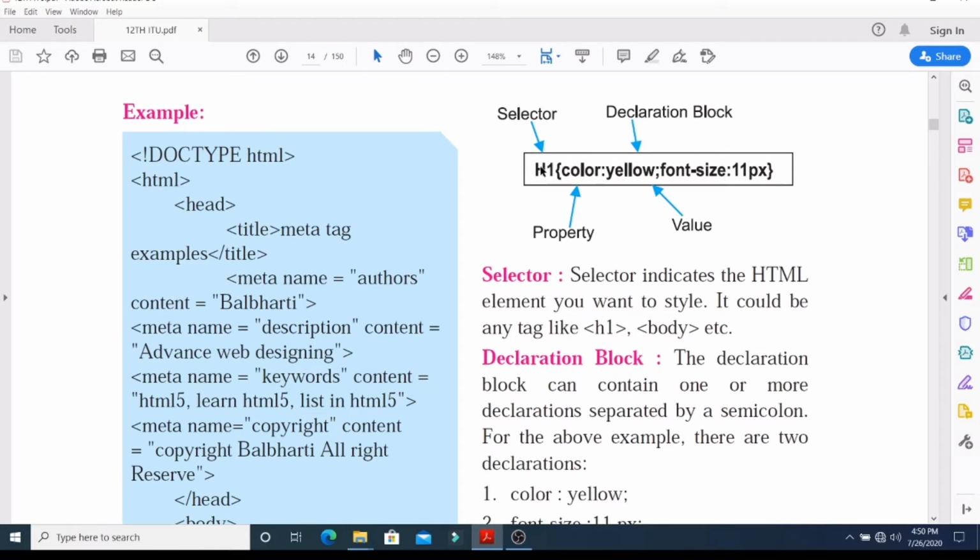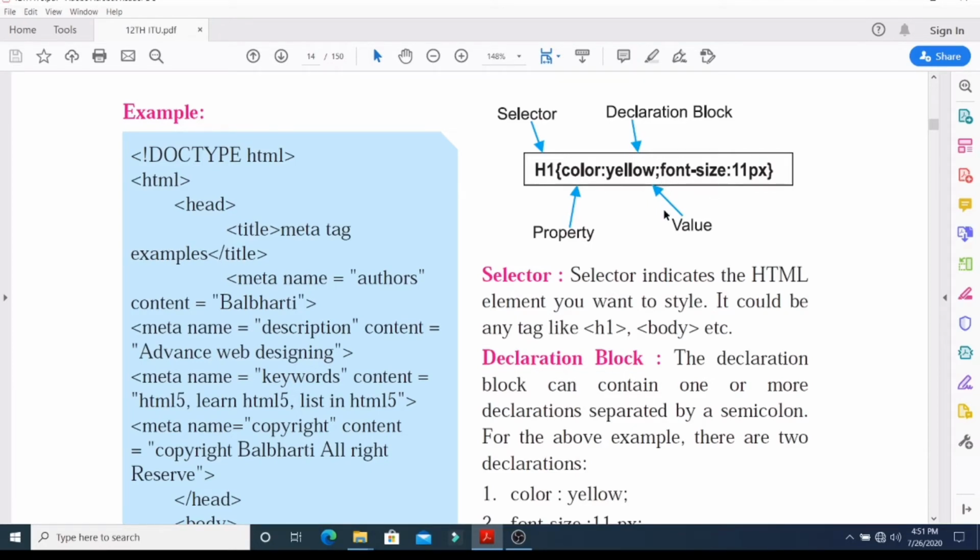For example, over here we can see the selector as H1. H1 means heading 1, so we want to make some changes in the heading 1 on your web page. Here for heading 1, we are using a property that is color. We want to apply some good color to the heading 1. So we choose the property as color and the value for color will be yellow, separated by a colon. So the declaration is very clear: H1, property color, and value yellow. Whichever color you like, you can put it over here.